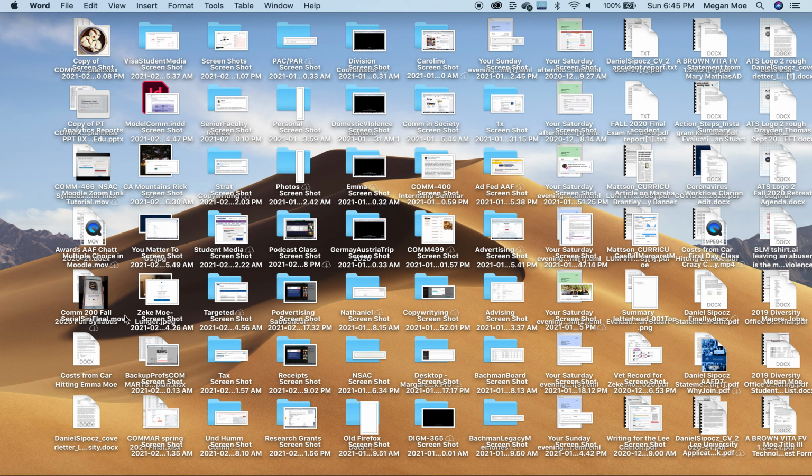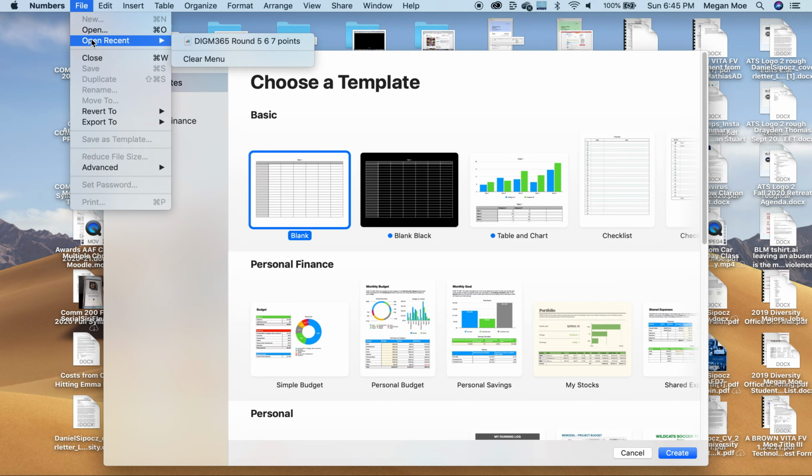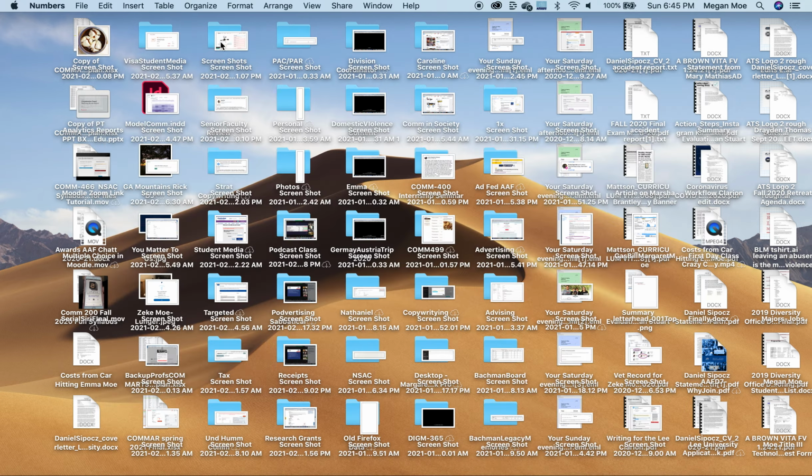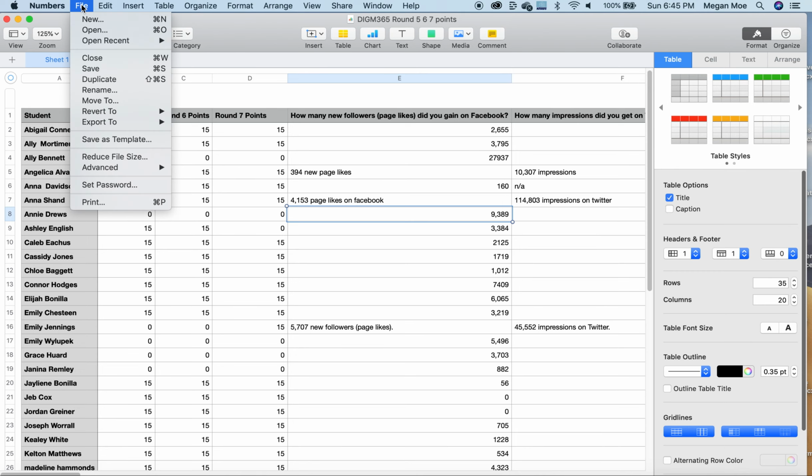Right, you have a numbers file that you would like to turn into an Excel file. So here, let's pull up Numbers. Let's open the most recent one that I had. And here we go. So all I need to do is go up to the top, go to File,